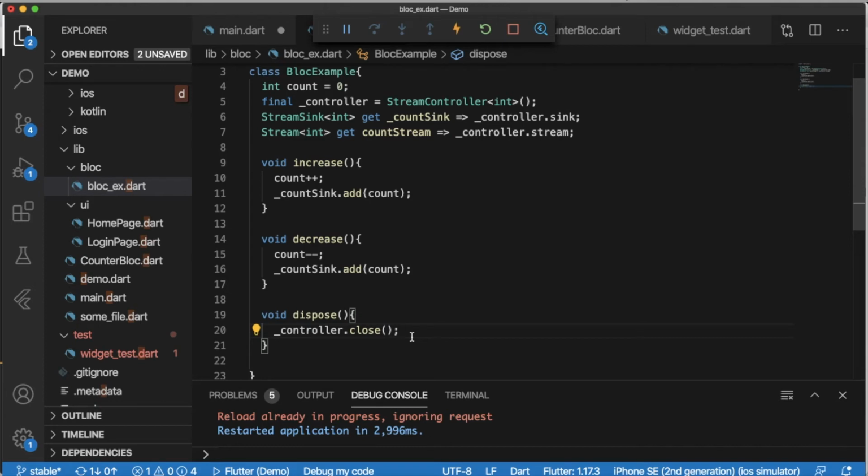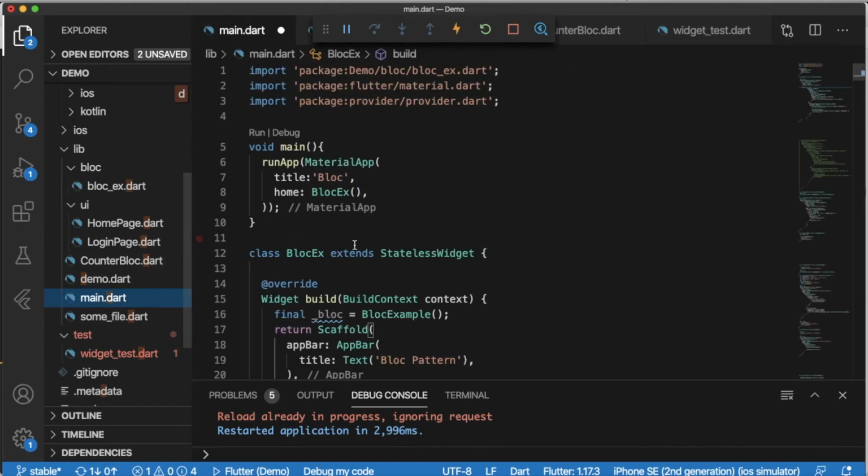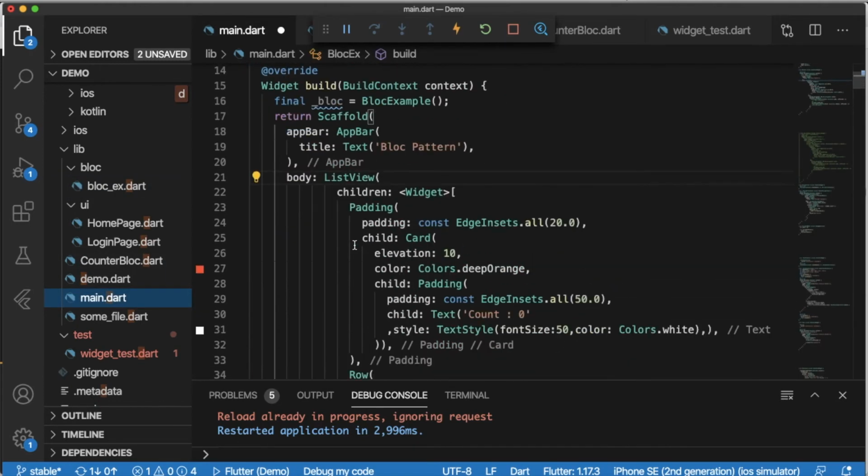Then the next step would be we will implement our listener, stream listener. We have this stream, so we will listen to this stream in our UI, on our screen, to update the UI. Okay, so I will go to the main file.